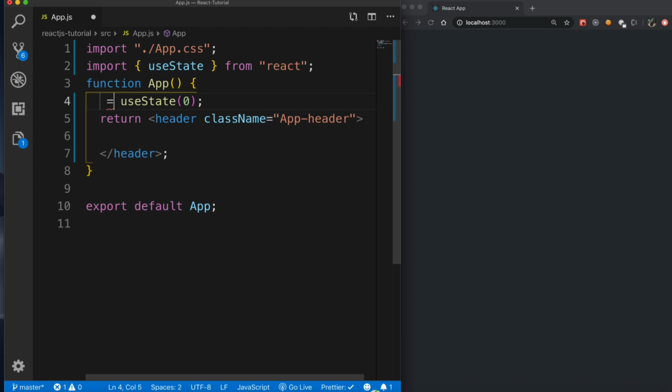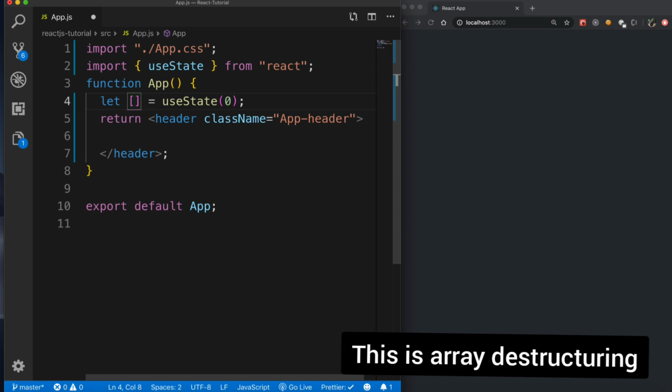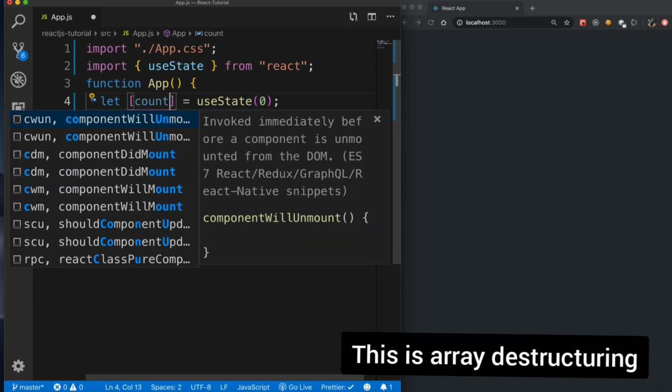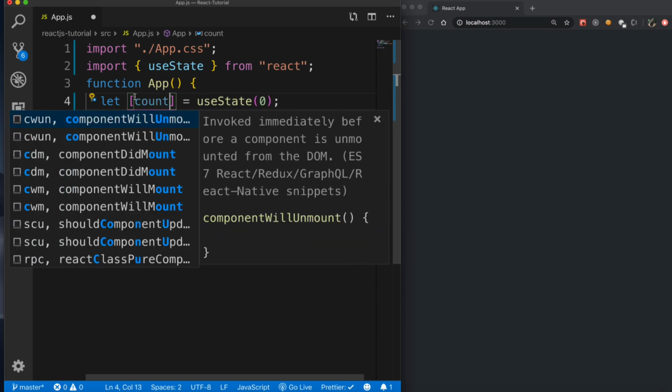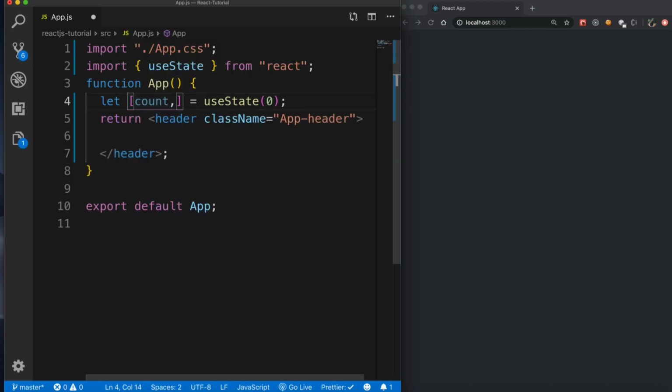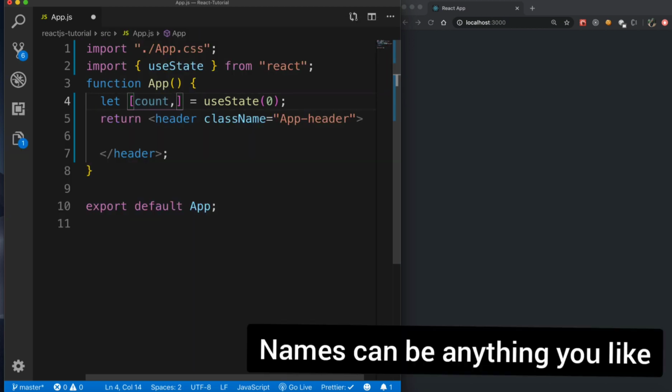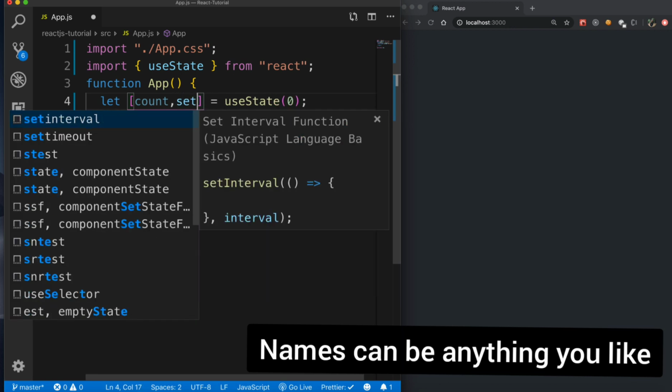And what does it actually return? We need to put the return value on obviously the left side, right? So here we are going to take what it actually returns. So I'm going to say let, okay? And then it actually returns an array of 2 values. Therefore, we need to put the array notation. The first value is the variable in which you're going to store your state. So let's say we want to store our state in count, okay? And then the second value is a function that will help you update your count. So let me call it setCount, okay?